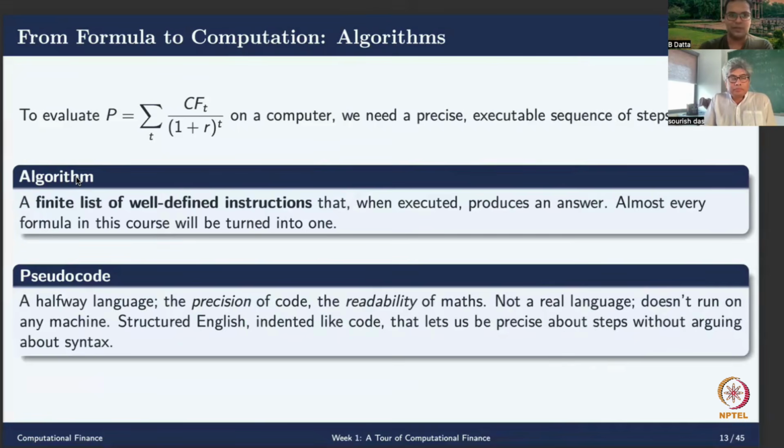Correct, that's exactly it. First we calculated this CF by 1 plus R to the power T. Then we calculated this CF_T by 1 plus R to the power T. And then we are just adding this up, right? I think the other thing that we did is that we don't want to, suppose somebody